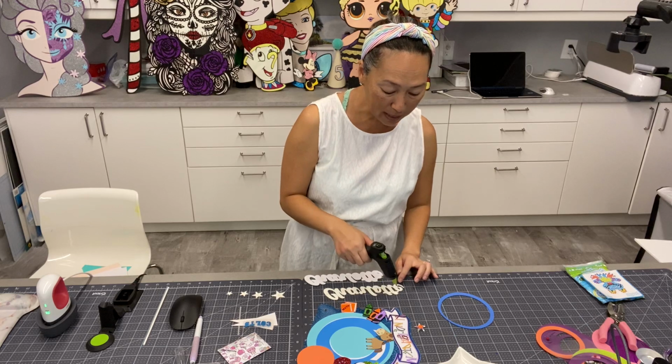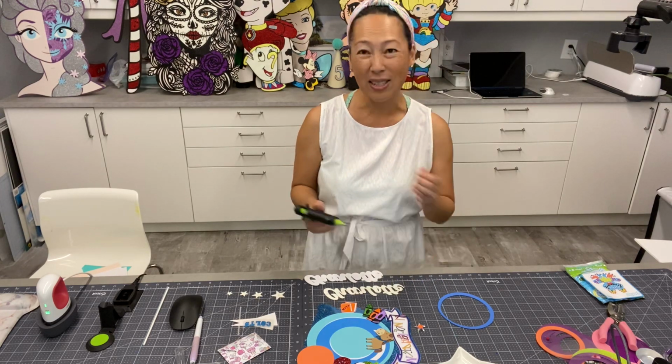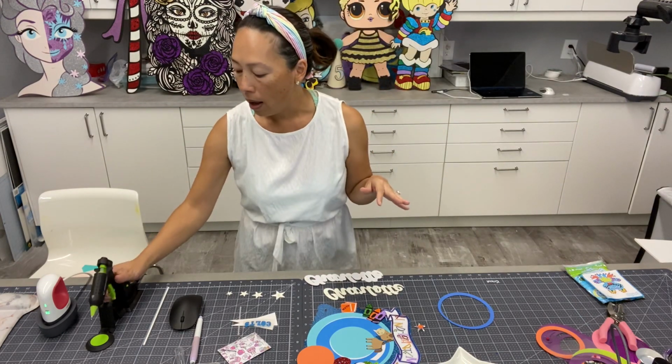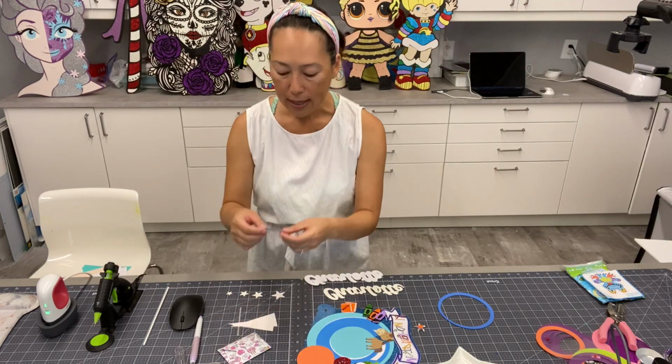And this really makes a difference, I promise you. Once you do this, you can't go back. You can't just have a flat cake topper. All right, so that's down, that's down. I didn't